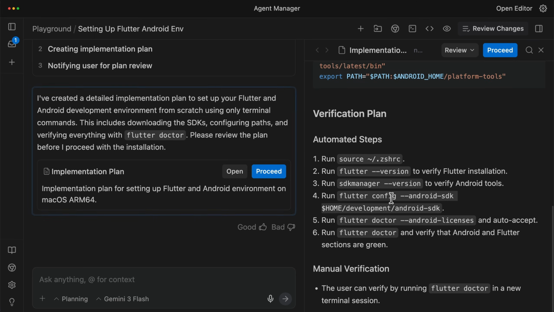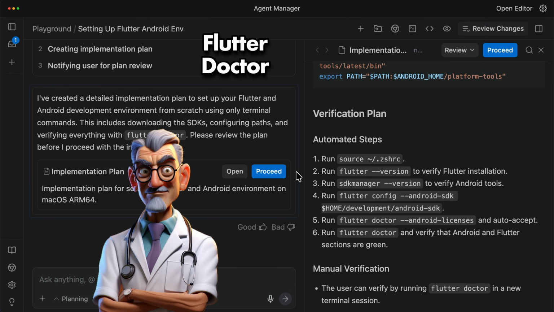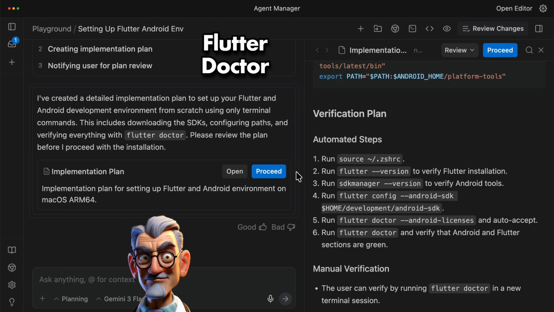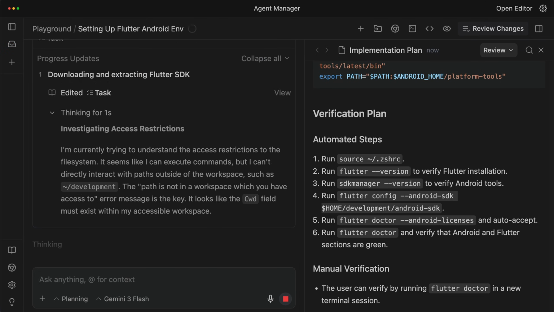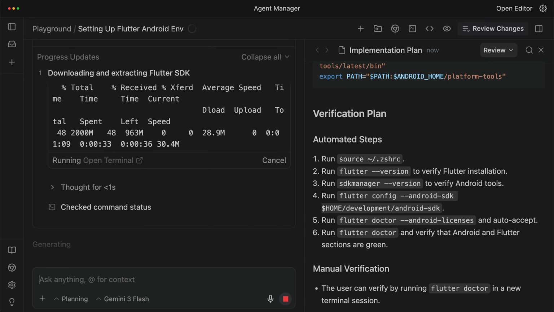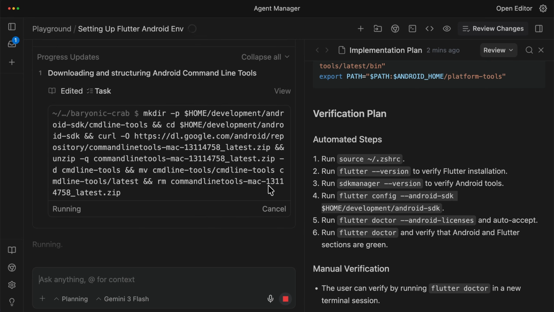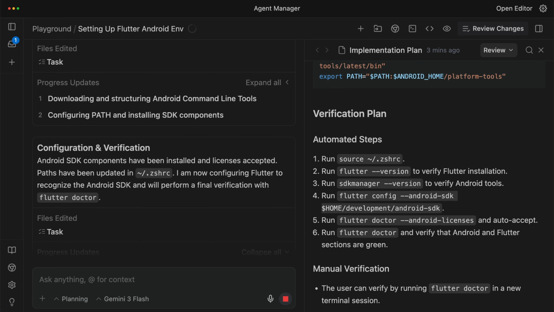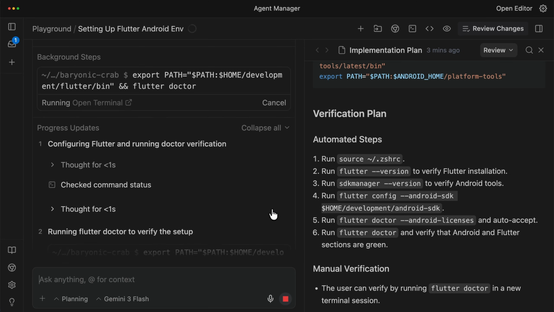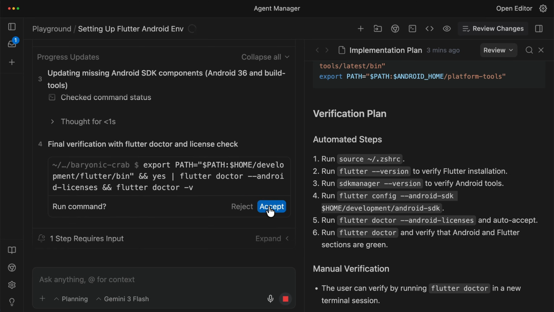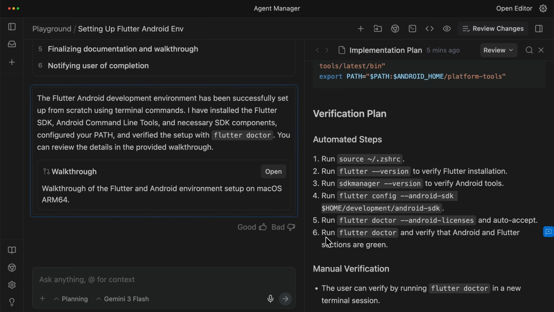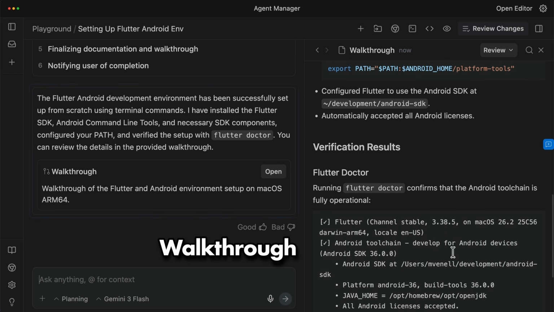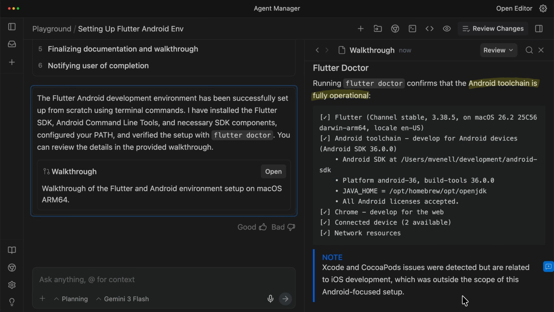The last step is the verification plan, which checks that all the executables can be run, and then it runs Flutter Doctor. Everything looks good, so I'll click Proceed. It's ready, so I'll have a look at the walkthrough file. Flutter Doctor reports that the Android toolchain is fully operational, so I'll proceed to the next step, which is to